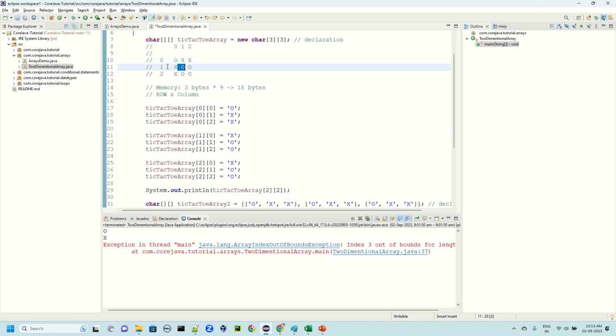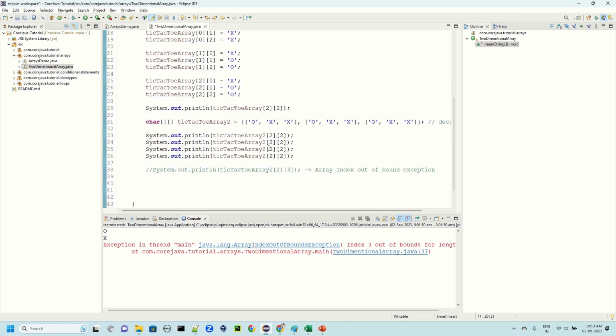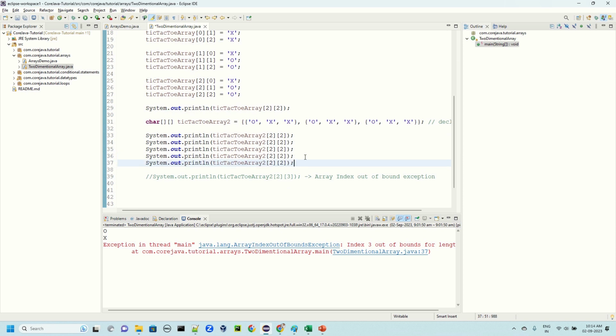To get this value, row is 1, column is 1. Like that, you have to write a total of 9